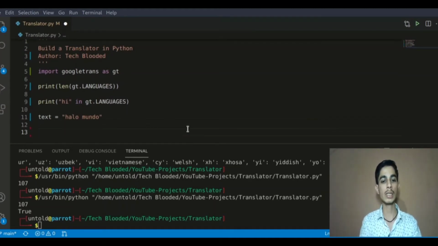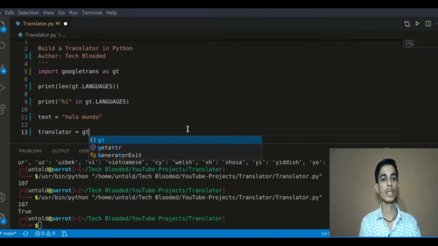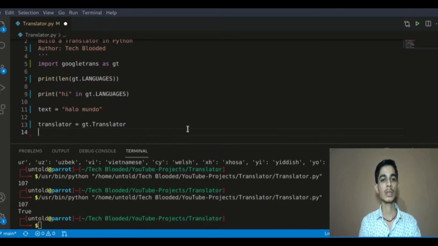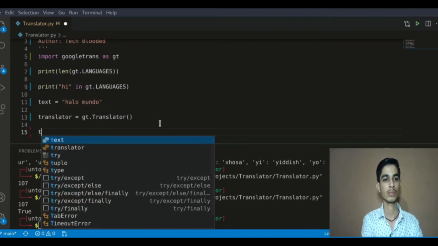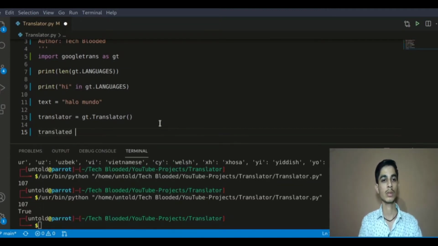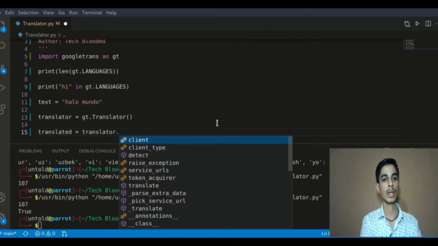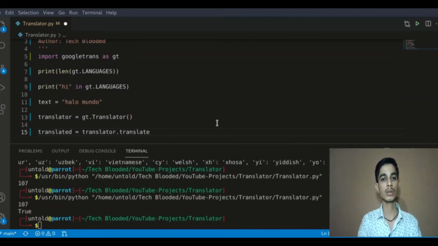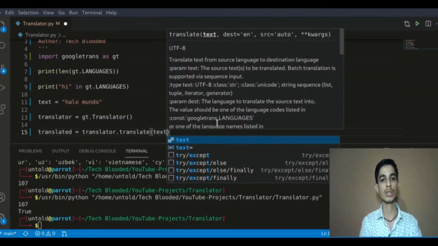So to generate a translator, we'll do gt.Translator(), and in the translated variable we will store the translated text from Spanish to English. Then we will use translator dot translate function, and in this we will pass text.